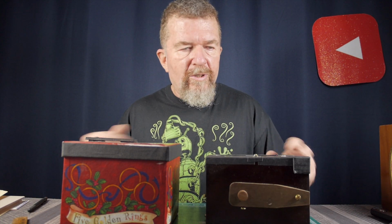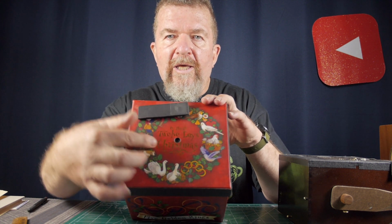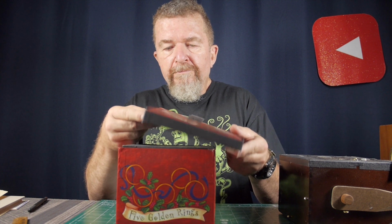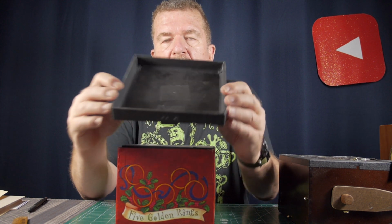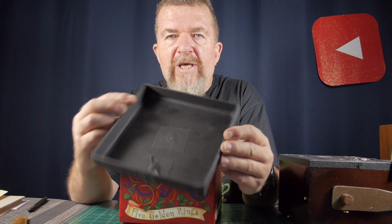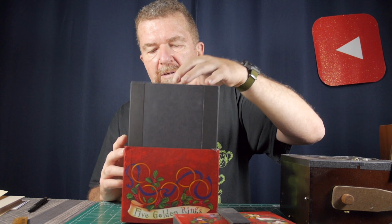Okay, pertaining to this idea of using a cardboard insert in a camera and a storage compartment, this is the 12 Days of Christmas pinhole camera, and it just has a simple rotating shutter up here on the lid for the pinhole. But pulling off the lid, and of course this camera is cardboard, I've painted the lid with some black paint, and I've lined the edge with gaffer's tape, so it's kind of a light trap. But what I did is I made a black paper insert just like that,